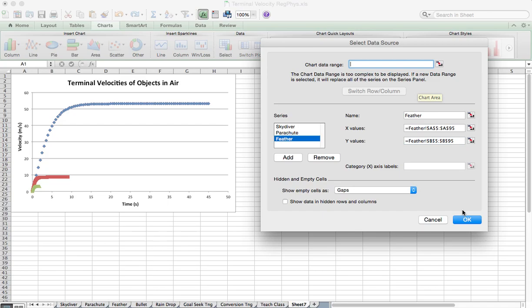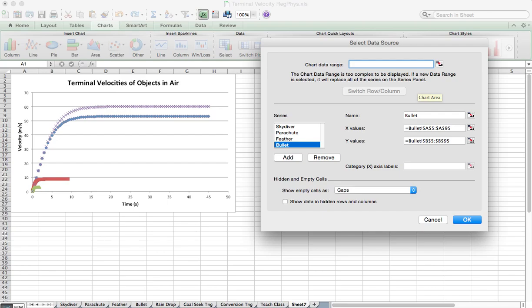All right, let's make sure that that's graphing. You can see without even clicking out of the dialog box that I now have three trend lines. Now I can add my fourth, which will be my bullet. I've still got that same thing in my clipboard, so I just click paste. You've got to be careful, when you change the name of the tab that you're looking at, not to erase the exclamation point, which separates the tab name from the data. All right, so I want that for my bullet, and then just change the A's to B's, from time to velocity, and let's see if we get